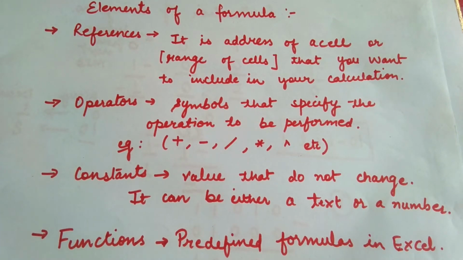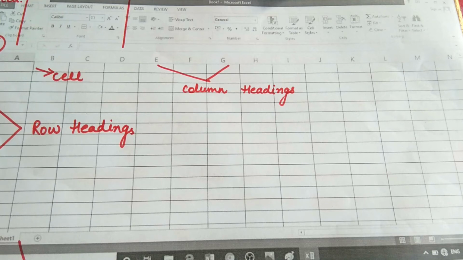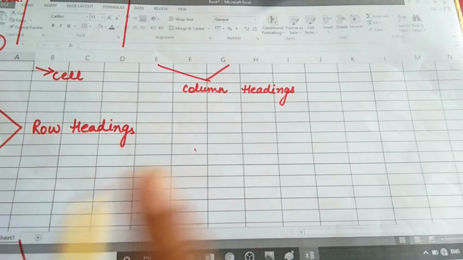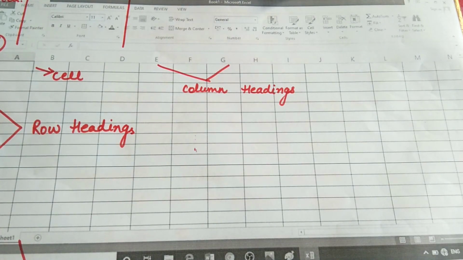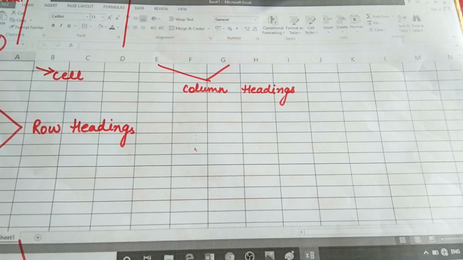So let's see this. If I ask you to add two numbers, at least how many numbers are you required to perform addition? At least two. Similarly, in order to write any formula, how many cell addresses do you need? At least two, right? So since we need at least two cell references to perform calculation, we can say that a formula establishes a relationship between two or more cells. Using this software, you can perform simple as well as complex calculations. So let's see how to create a basic formula.